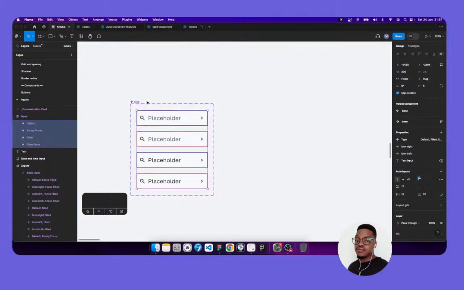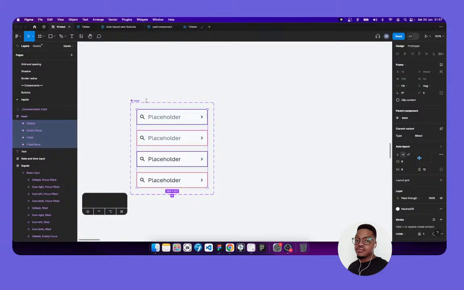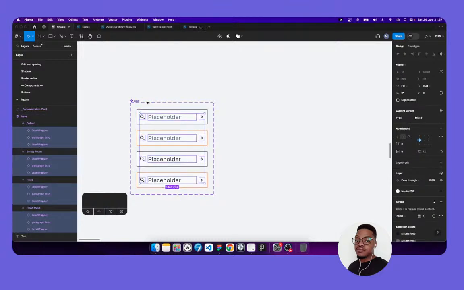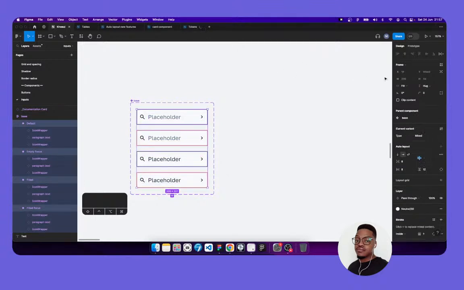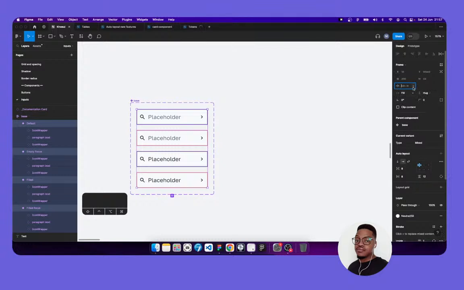Cool. Let's hit return. And we'll apply that as well. We want the current width to be the minimum width, and we would like a maximum width to be